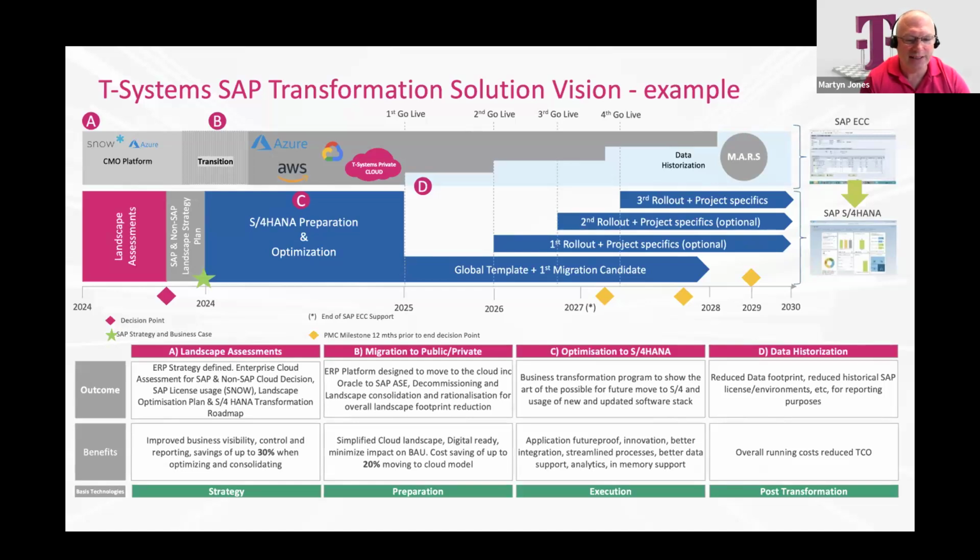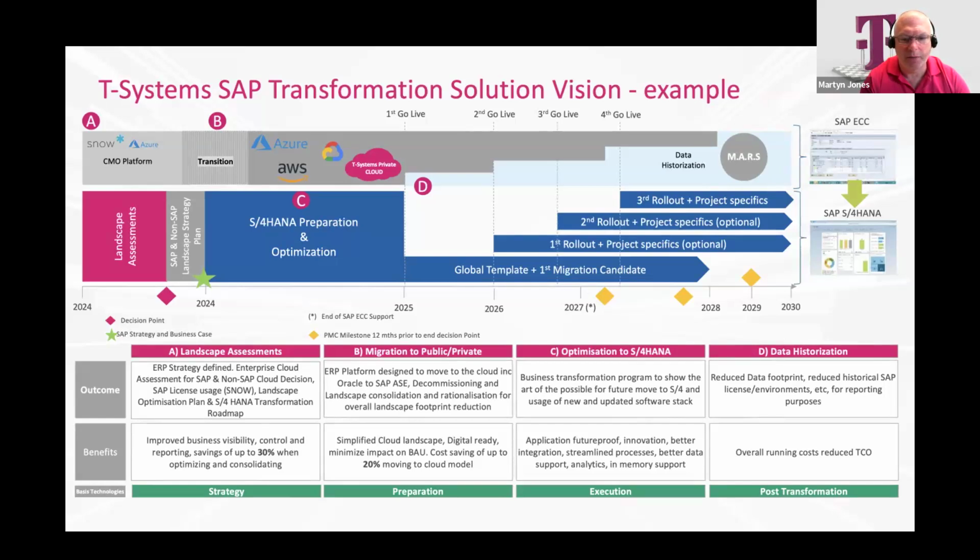And then obviously from Basis, we've got the key strategy, preparation, execution, and post-transformation phases, which then link back into the way that SAP's methodology works. So if we just take the first step of that, the landscape assessment is really looking at what you've got today and what you're really going to have tomorrow, so really looking at that complete design of where you want to be.